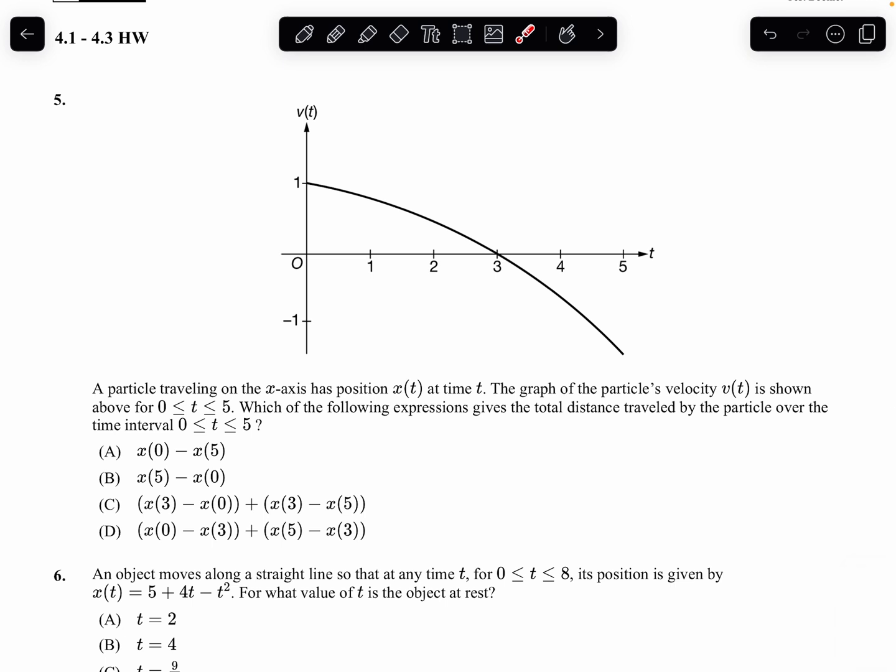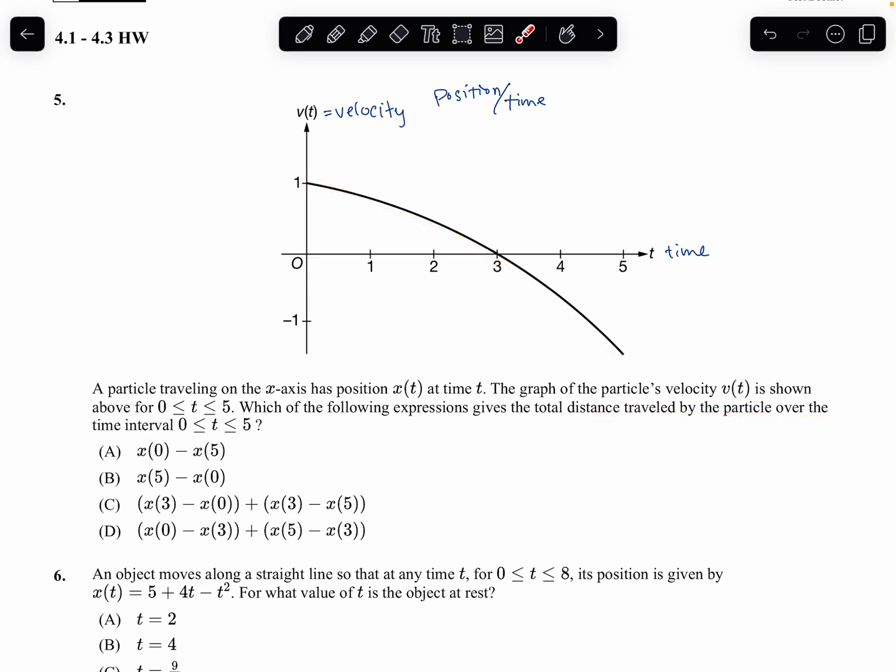Okay, question 5. So a particle on the x-axis has a position x of t. So, okay. Now notice here that the function, this is velocity. And the units here, they don't give units here. Okay, cool. Position over time. That's what the units are here. Position over time. And this is time right here. Okay, the graph of the particle's velocity, v of t, is shown from 0 to 5 here. So this is the graph's velocity. Which of the following expression gives the total distance